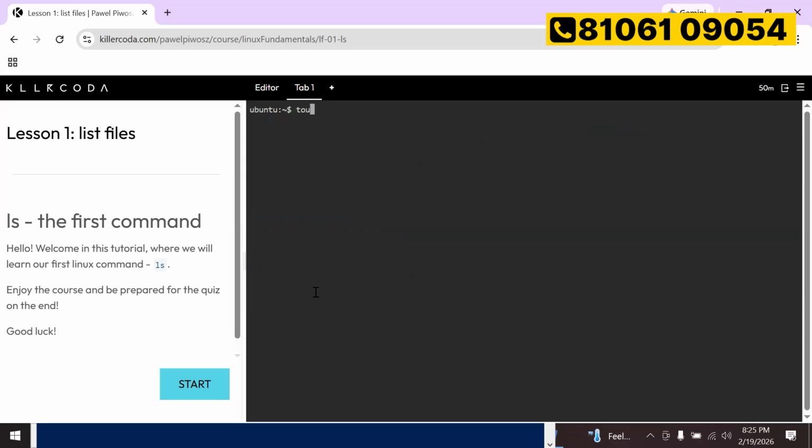Directories we created fine. If you want to create a file, you can say touch and the file name. Let us say file 1. It will create that file. The file 1 we created just now, this one. If you look at the file, ls file 1 will show you that file's details.